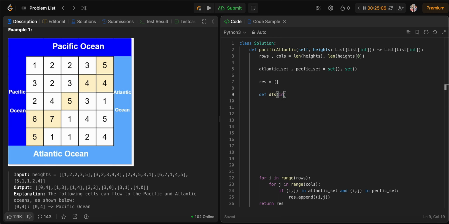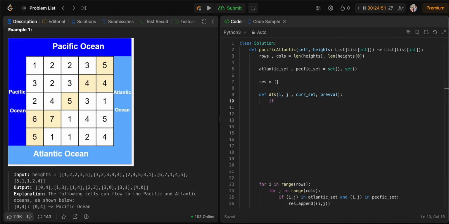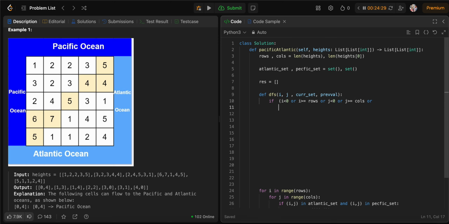DFS, and we will have I, and j, this is current I, current j, and the current set, and the value, or previous value we are trying to compare, right? Now what I will check is that if this is out of bound, then I'll just return it. If this is out of bound, so I less than 0 or I greater than or equal to the rows, or j less than 0 or j greater than or equal to the cols, or that particular coordinate is not in the current set. So if I comma j not in the set,